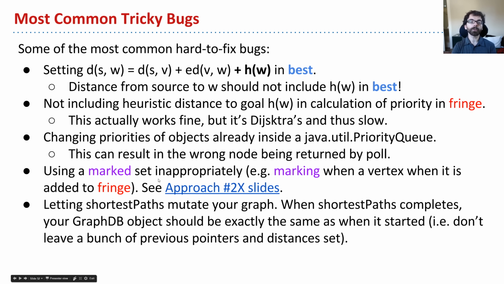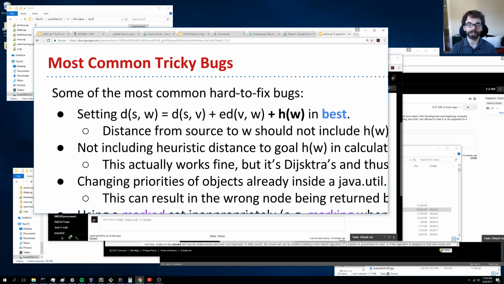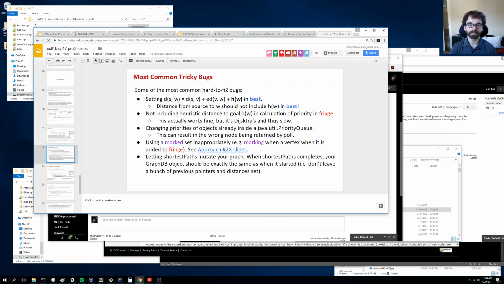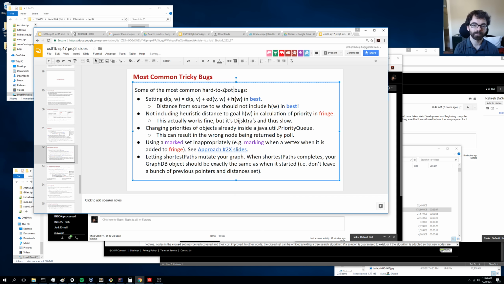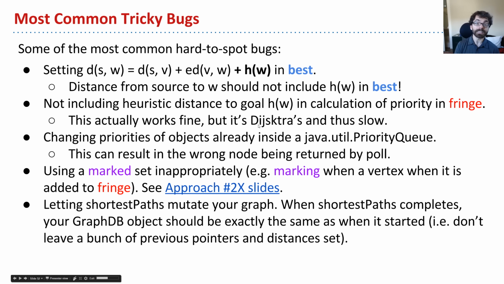A third bug that's very subtle is hard to spot, rather than hard to fix. They're actually pretty easy to fix for the most part, but they're hard to spot. A third one is changing priorities of objects inside of a Java util priority queue. So I take a node, I enqueue it in a priority queue, and then I have a reference, a handle, to that node, and I change something about its priority, and that can result in the wrong node being returned by poll. Now actually it's possible, depending on how your priority calculation is done, that maybe you're not